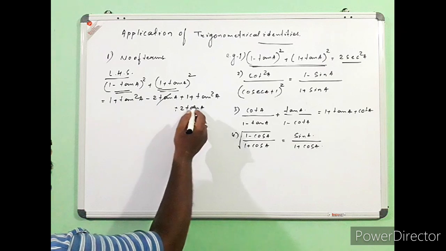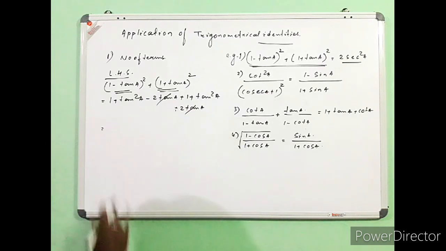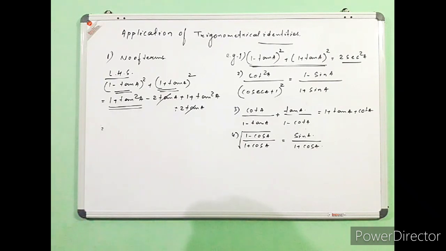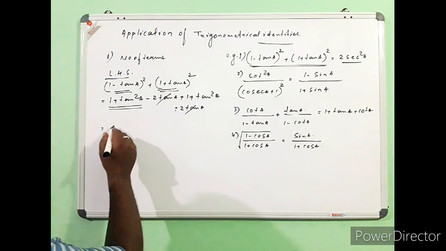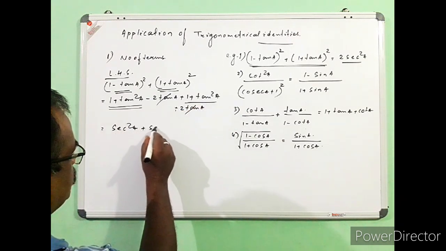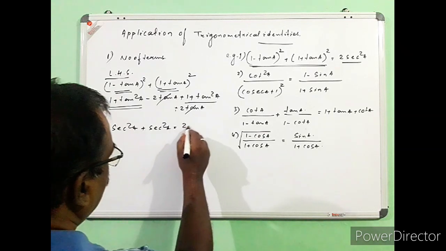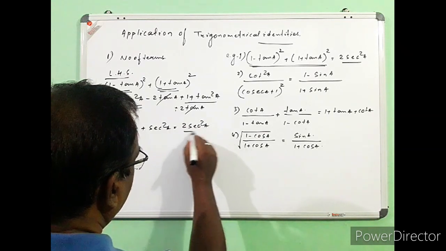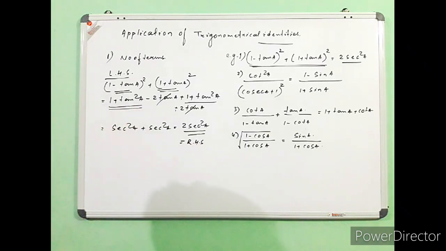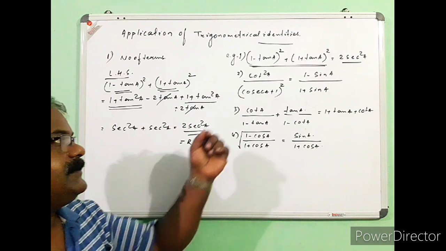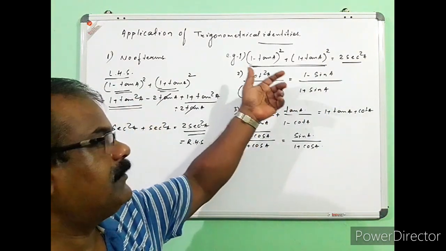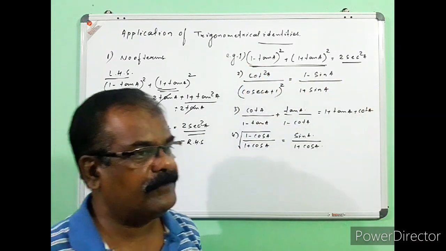If we cancel out the 2 tan A and 2 tan A, we get 1 plus tan square A, which is equal to sec square A according to the trigonometrical identities, and this is another sec square A. Therefore this is equal to 2 sec square A, which is equal to our RHS. Now see how simple this was. In this case 2 terms were there and only one single term on the other side, so we preferred to split the 2 terms to get the 1 term.